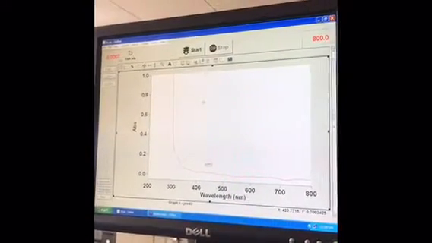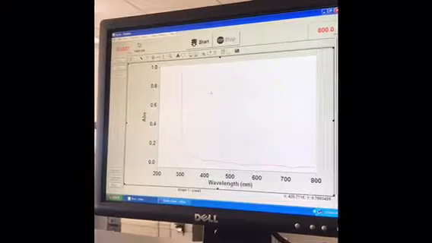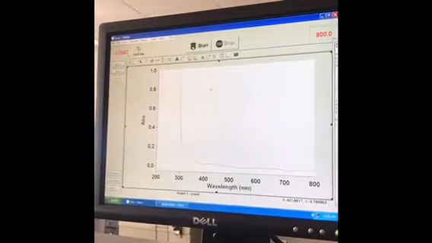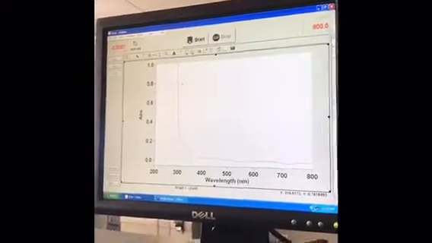So when you zero the graph, you should get a relatively flat line on your wavelength, because it's not supposed to be absorbing color because it's clear. So when you run your sample,